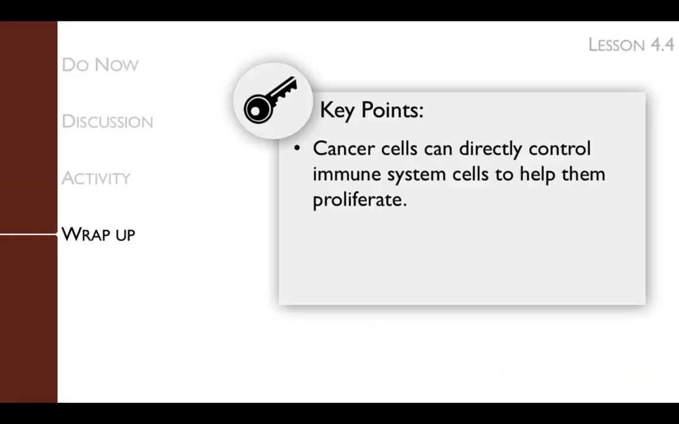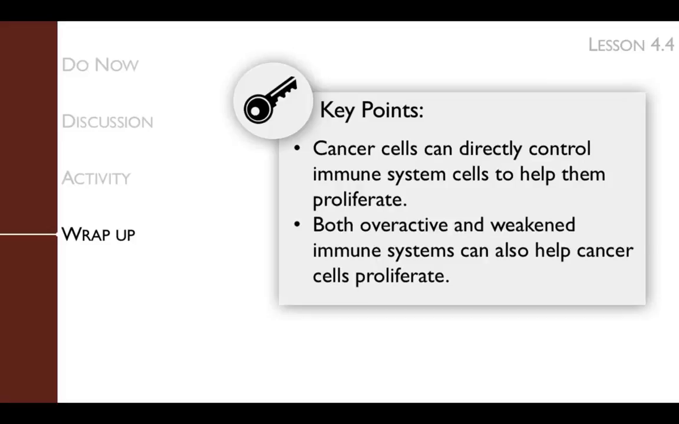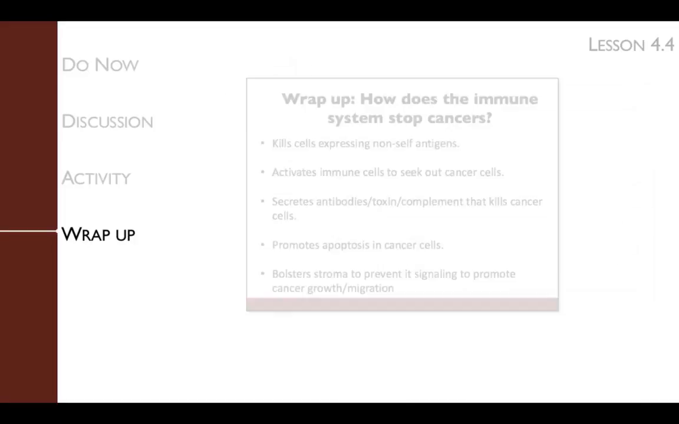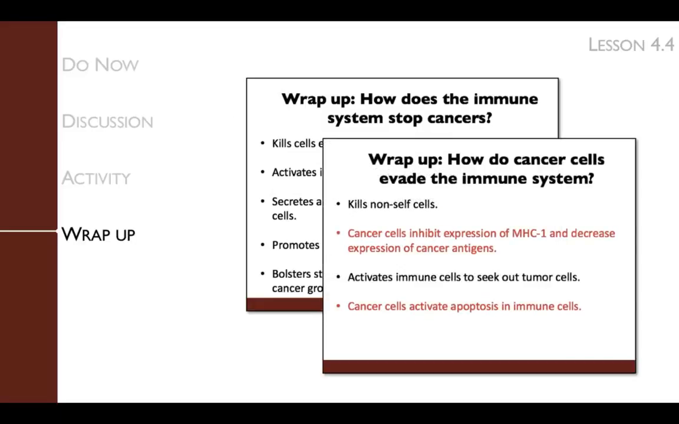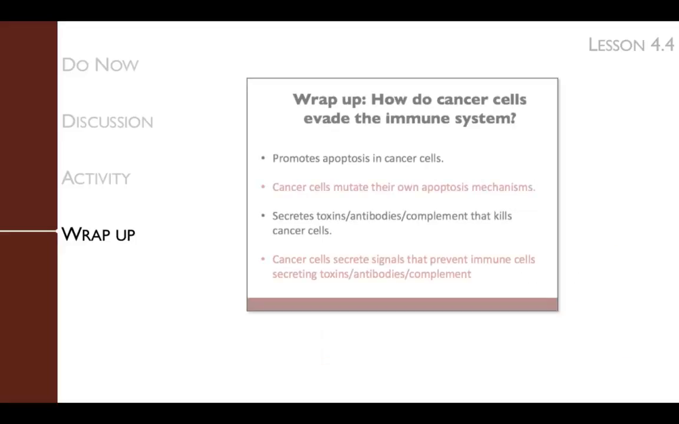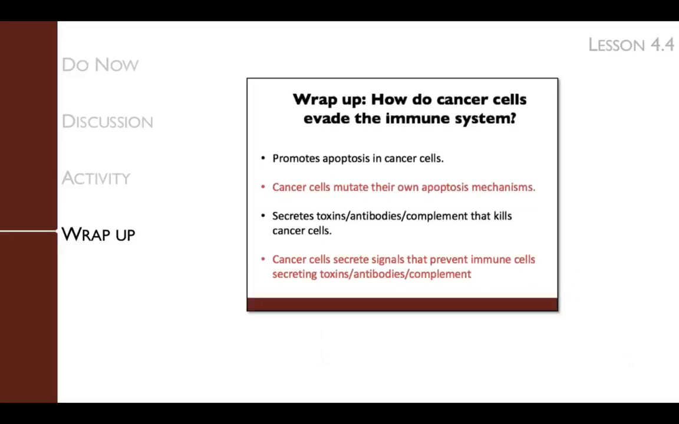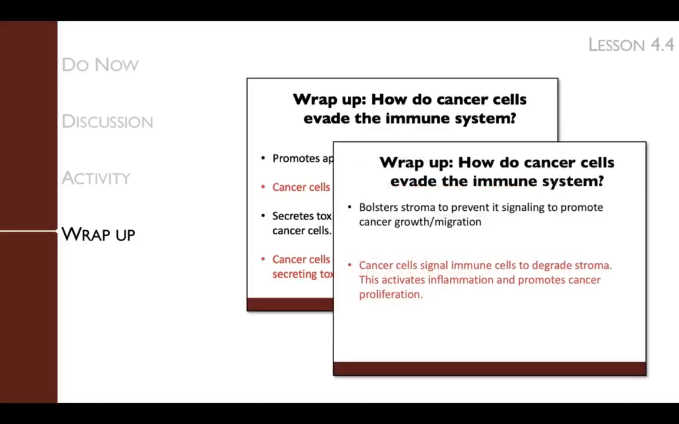The key points of the wrap-up are that cancer cells can directly control the immune system cells to help them proliferate. Both overactive and weakened immune systems can also help cancer cells proliferate. The first slide summarizes the different ways the immune system can fight cancer, but there are also several ways that cancer cells can evade the immune system. Cancer cells can mutate to make themselves even more aggressive. They can also mutate so that they signal the immune cells to degrade the stroma,